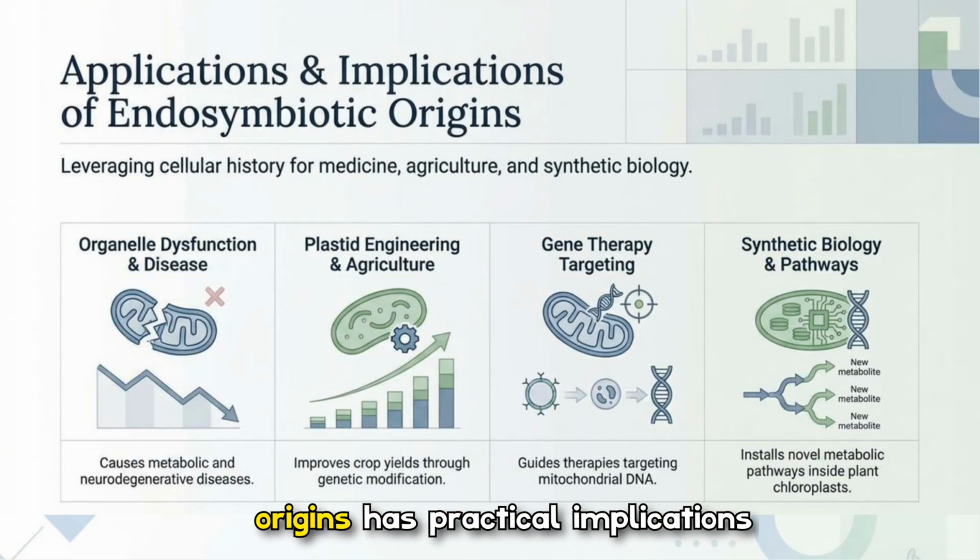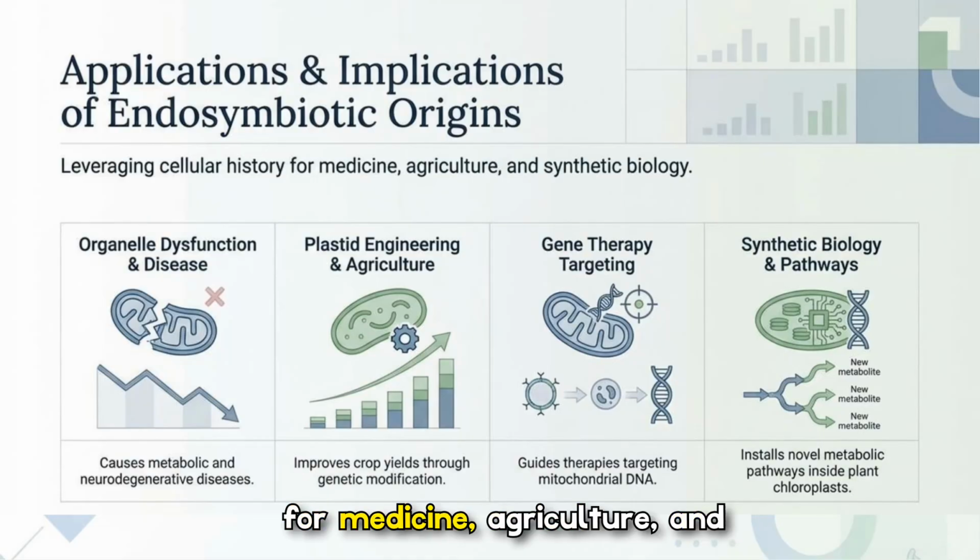Understanding endosymbiotic origins has practical implications for medicine, agriculture, and synthetic biology. Recognizing organelle dysfunction helps explain metabolic and neurodegenerative diseases. Plastid engineering can boost crop yields, mitochondrial DNA informs targeted therapies, and chloroplasts can be repurposed to host new metabolic